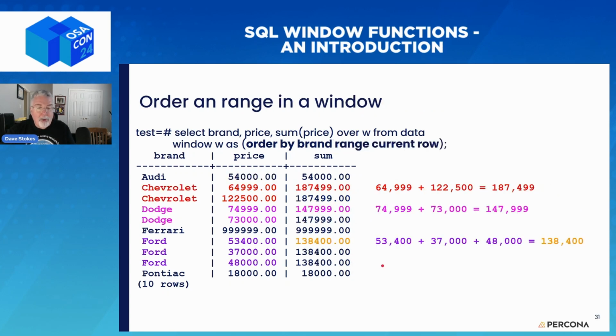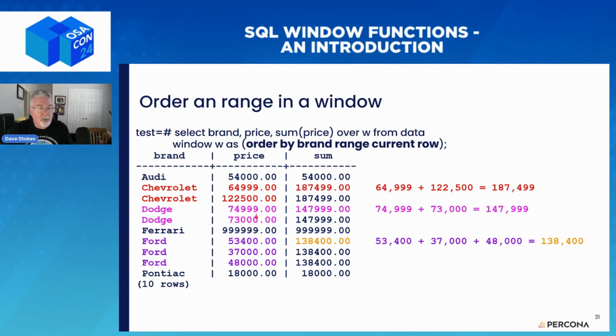Okay, you could order by range instead of just by rows. So we're going to order by brand. So this is sorted over here. And the range is the current row. So we're going to get a sum of all the Audis. So there's only one, so there's 54. If we want to sum the Chevrolets, this gives us the two Chevrolets summed, the two Dodges summed, the three